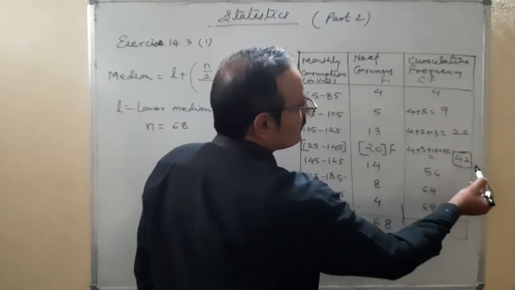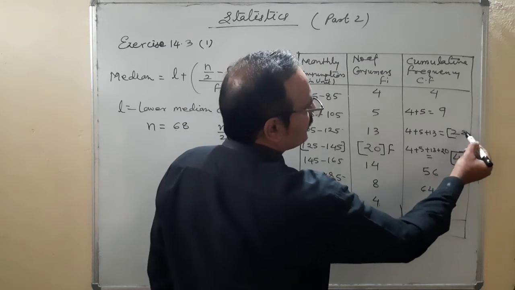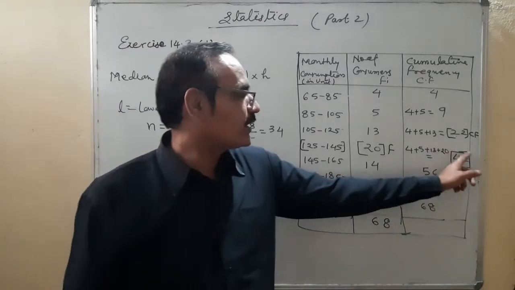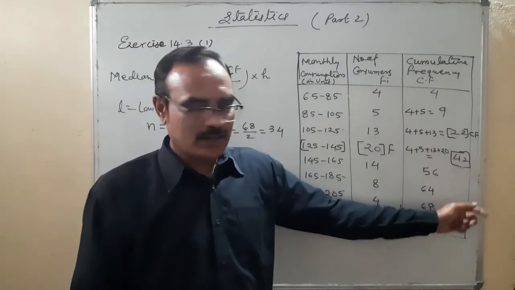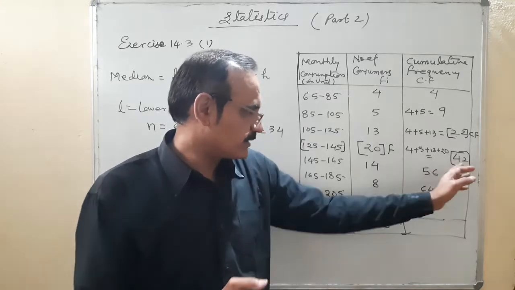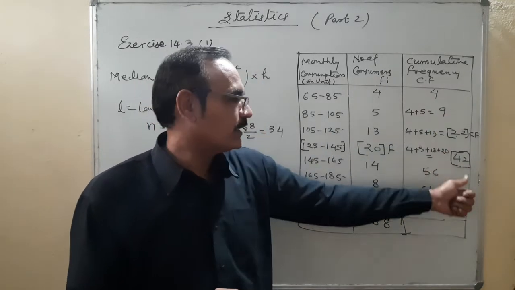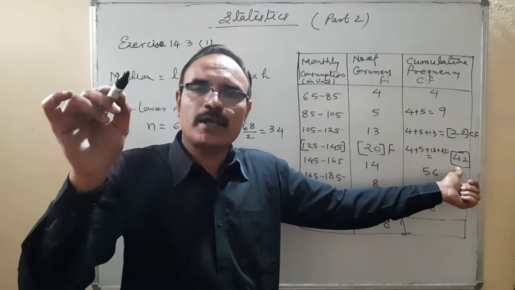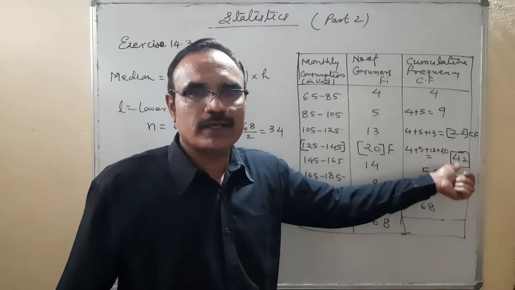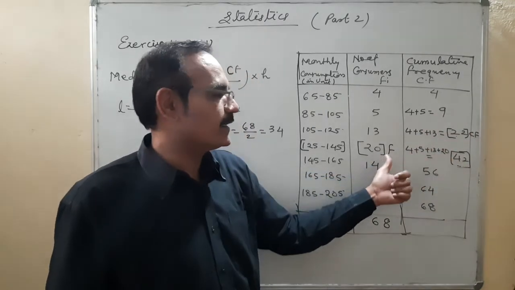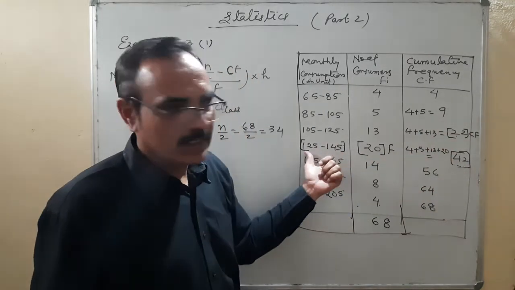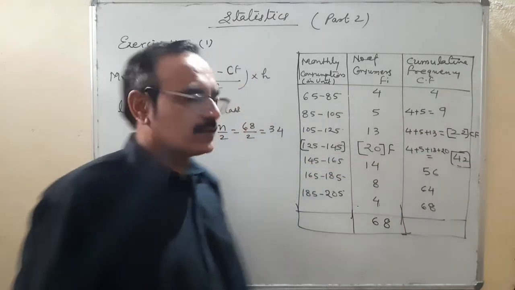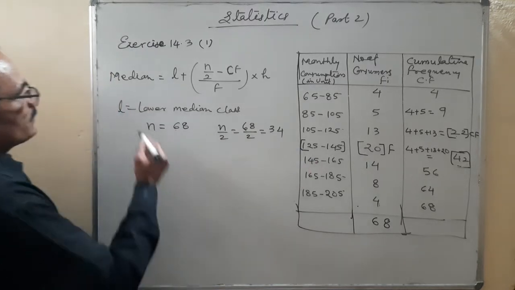So from this, we'll see the preceding number of it. It is CF, cumulative frequency. Okay. This number is not used anywhere, but this is a very basic number. On the basis of that, we will get all these numbers. Which number is basic? The number which is just bigger than n by 2, 42. In front of that, it is F. In front of that, it is l. Going backward, the preceding term is CF. Okay. So these are the terms for median.